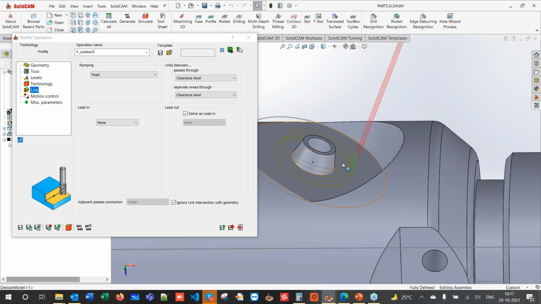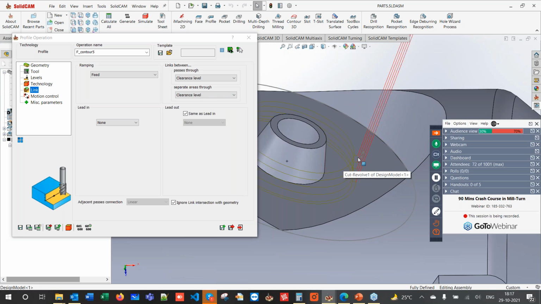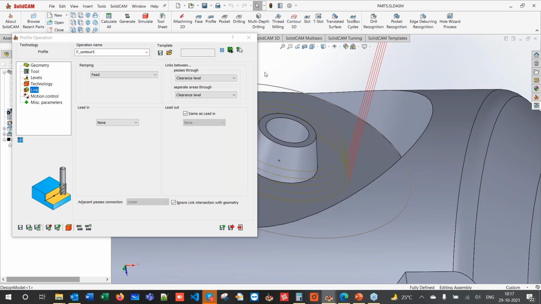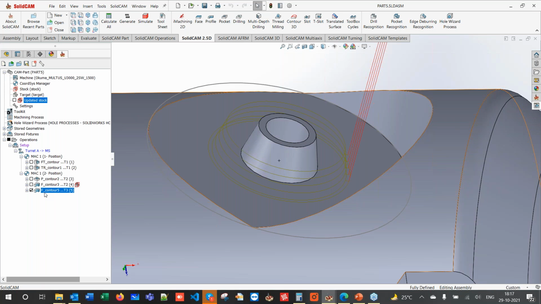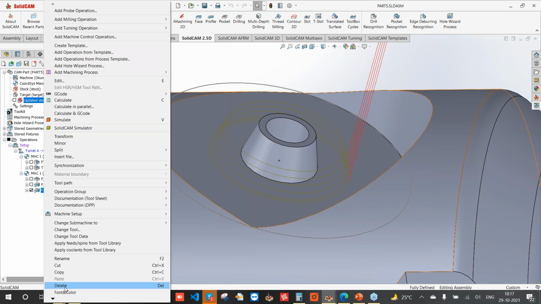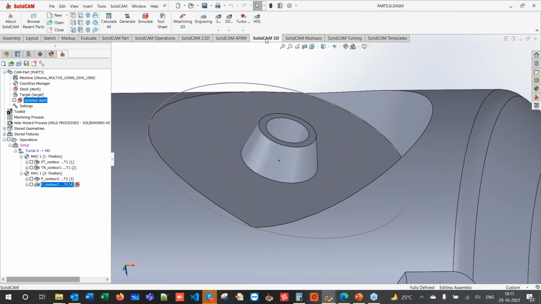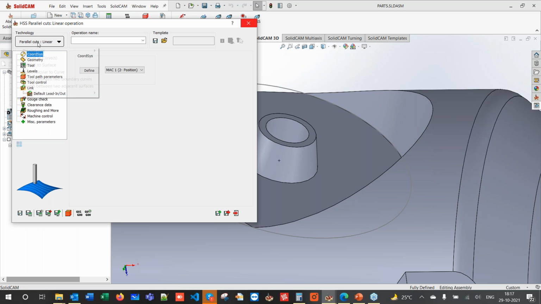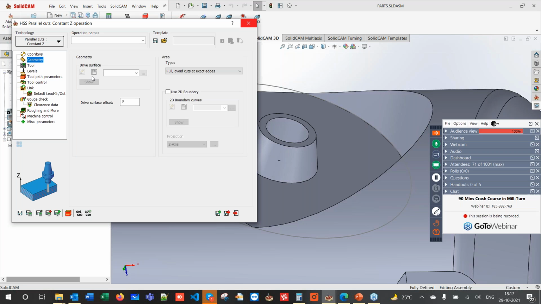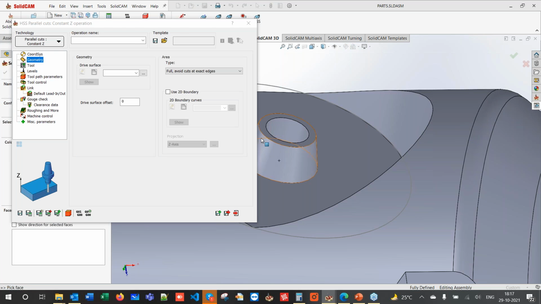Now in 2.5D, as you can see, there is a lot of lifts. If you don't want these lifts, you can do this in HSS as well. So I will delete this and create this in HSS. I'll just go to SolidCAM 3D, click on HSS, and use constant Z. Here, I'll be just defining this surface,